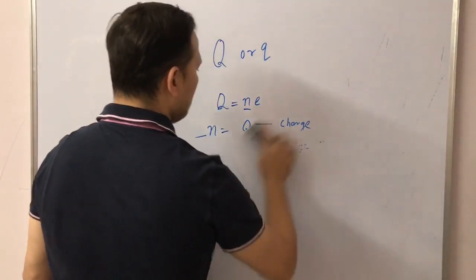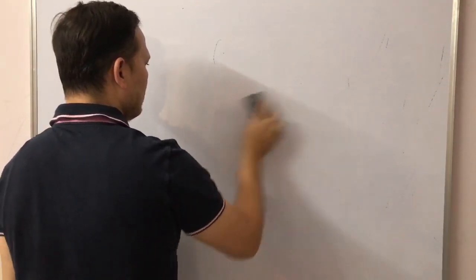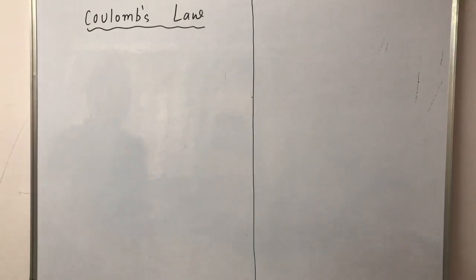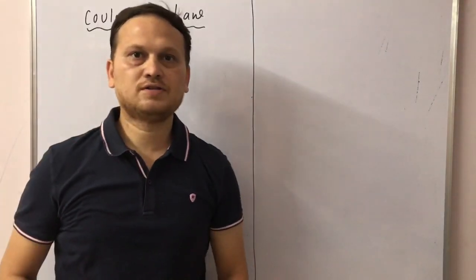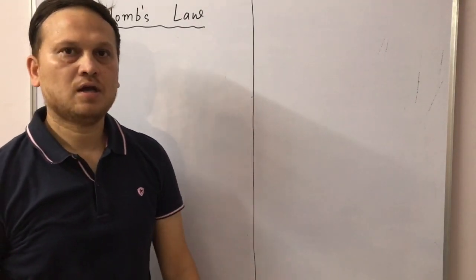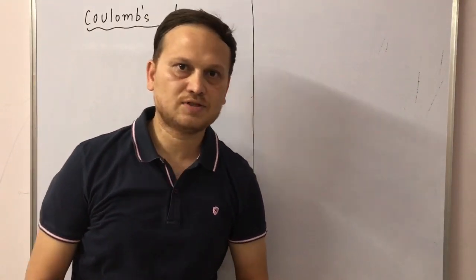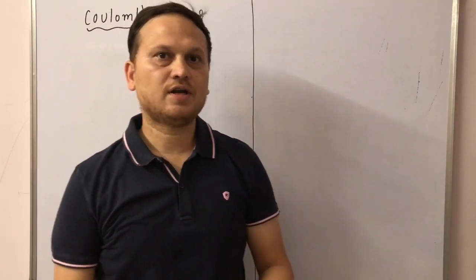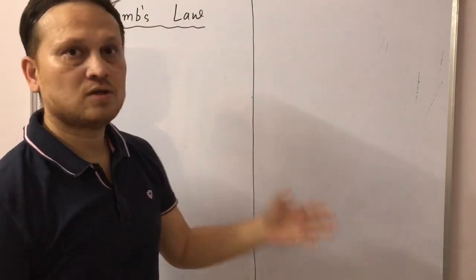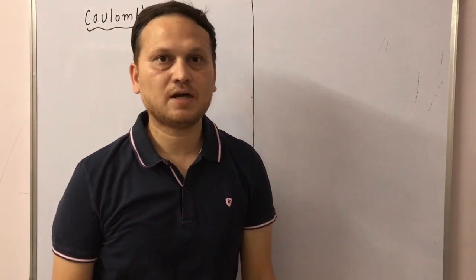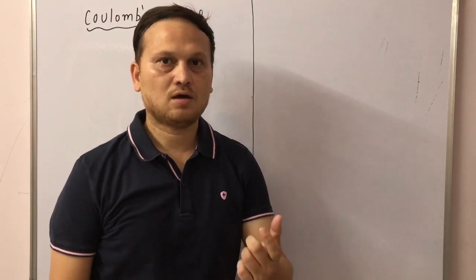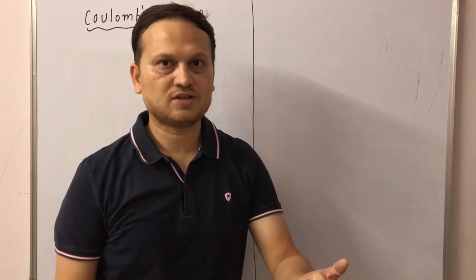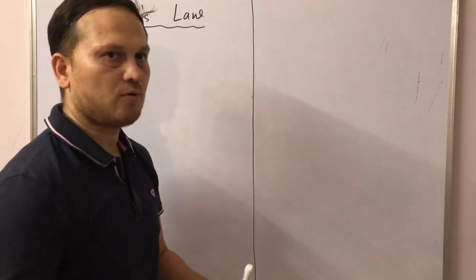Okay, we'll move ahead, and our next important topic is Coulomb's law. Now we'll see a very important topic in electrostatics. There was a scientist whose name was Augustin Coulomb. In 1785 he formulated Coulomb's law. He did an experiment with a torsion balance, and he found the law between two charges when they are at rest. Okay, so let us see what he formulated.